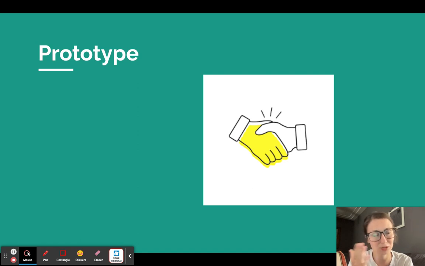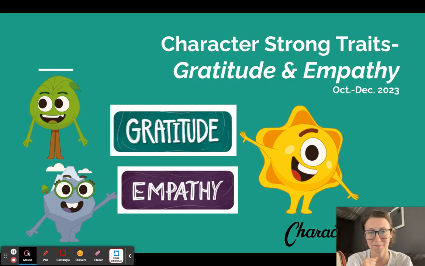Moving into my prototype, this is just something I've created that could potentially be what I use. It's pretty rough because I want to try it out. I might use bits and pieces of it here and there, but this is just an outline of what I would like to try. So going back to this slide,